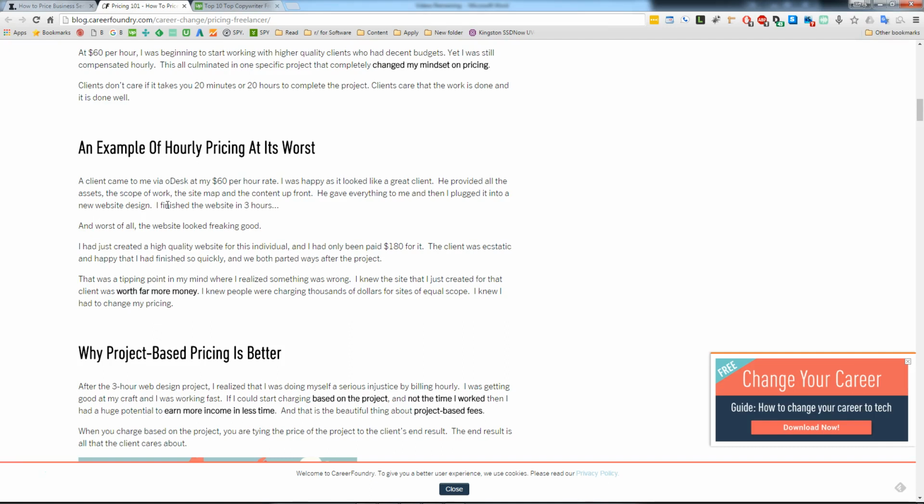Now, the danger in hourly pricing is that you provide so much value in a short amount of time, and you don't really feel that you've been adequately compensated for the amount of work that you've done. This example here is for a website, but the same can apply for, say, an ebook. If you just poured your heart and your soul into this ebook and, working at an hourly rate, you just blitz through it, you produce this wonderful, wonderful product, and you only make a couple of $100 on that?